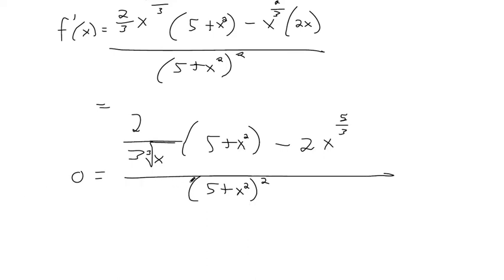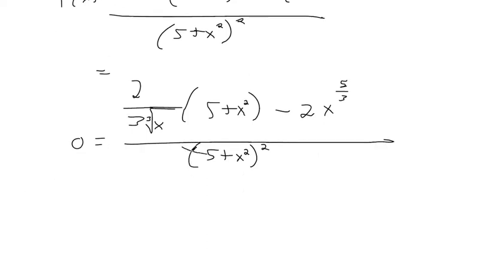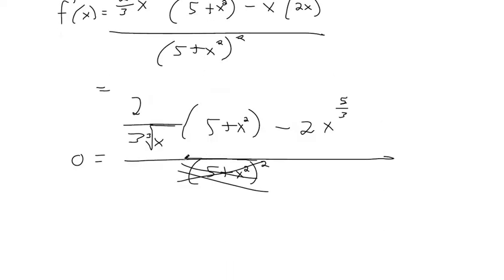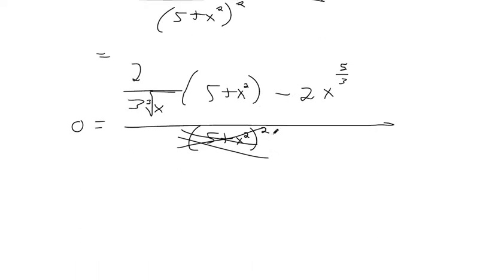So we set the derivative equal to 0, multiply both sides by 5 plus x squared, and that gets rid of it because times 0 over here. We really just want to figure out what would it take to make this be 0. The other thing you want to check with critical points is where would the derivative fail to exist. But 5 plus x squared is never going to be 0. Okay. So we're all set there. Okay, so solving this part,